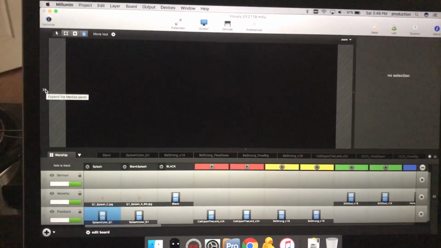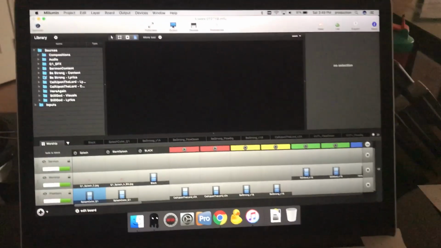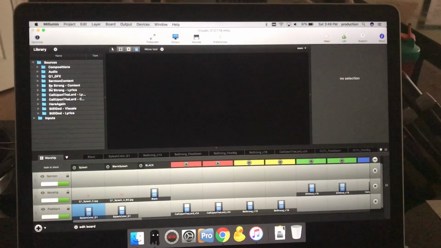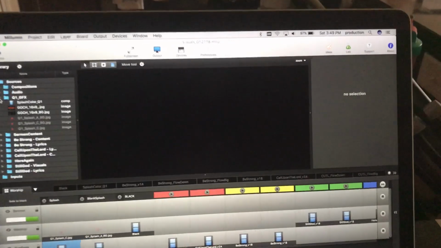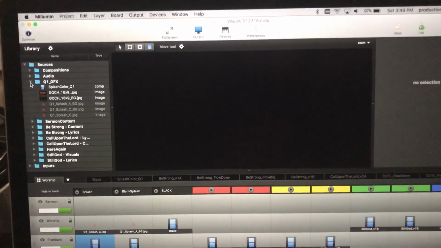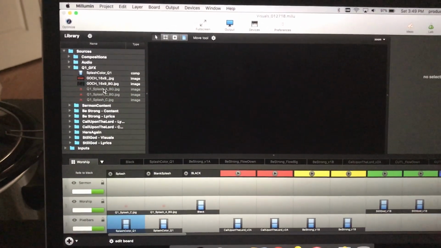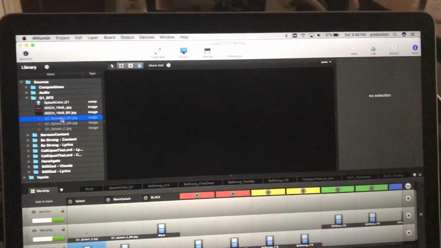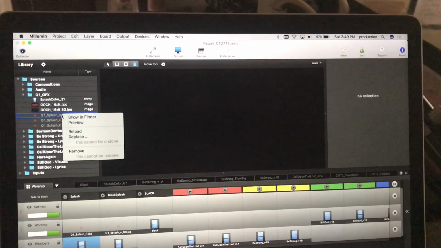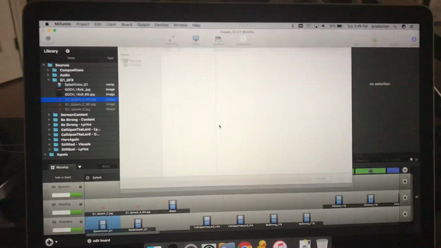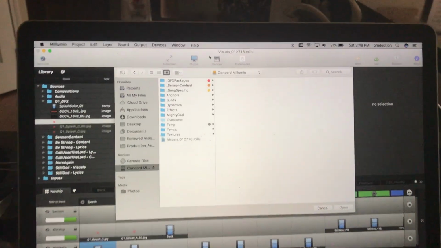The side window right here will expand, and you'll see the different folders. You want to make sure you have the splash and everything pulled in. So you'll see if something's grayed out, that means it's not there. So what you'll do is double click it. So this is the splash, hit replace, and then you'll go to the Concord Illumin drive, and I have a